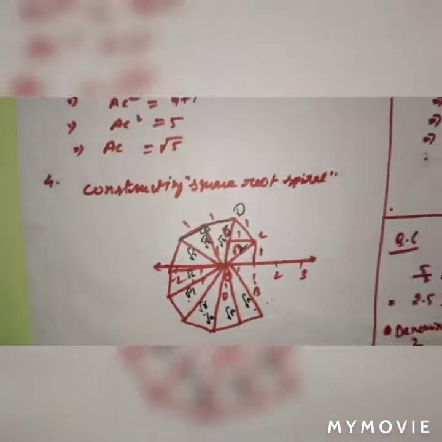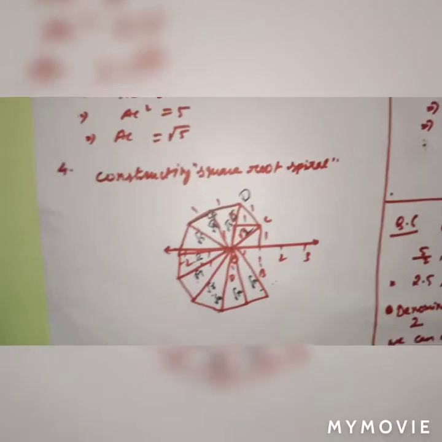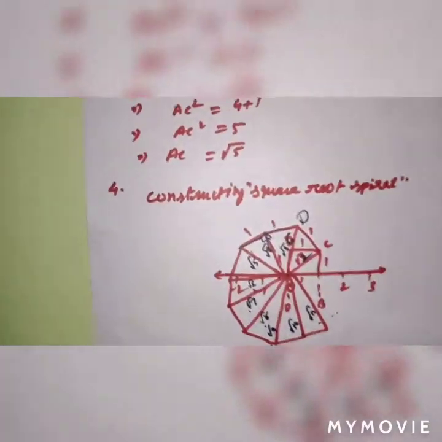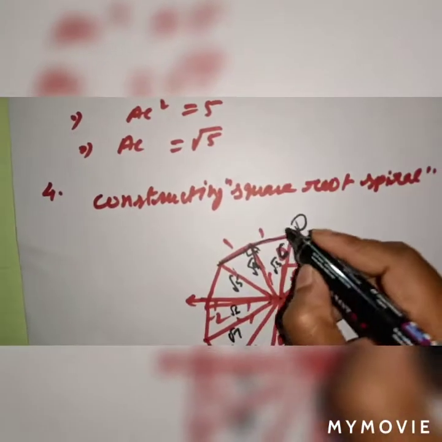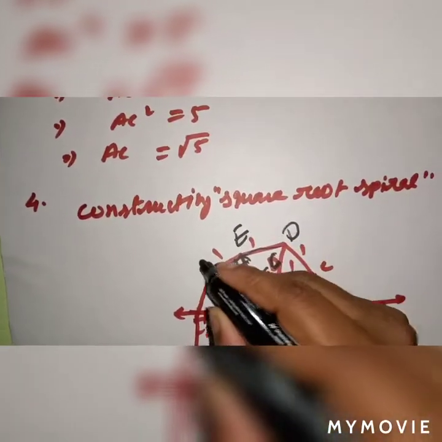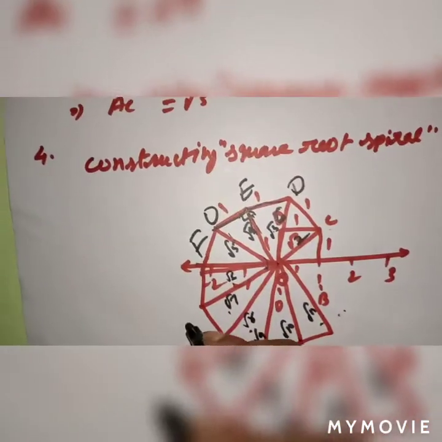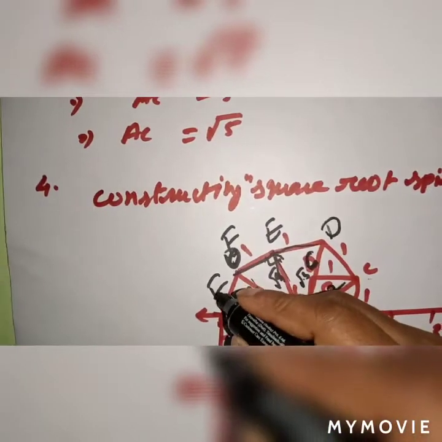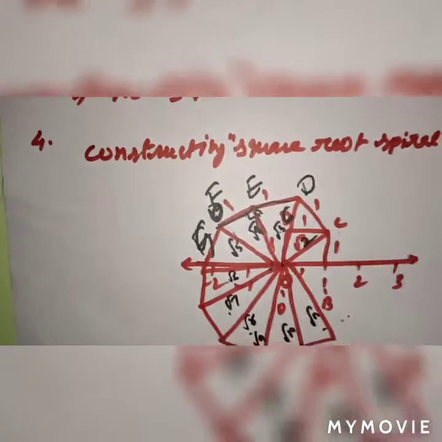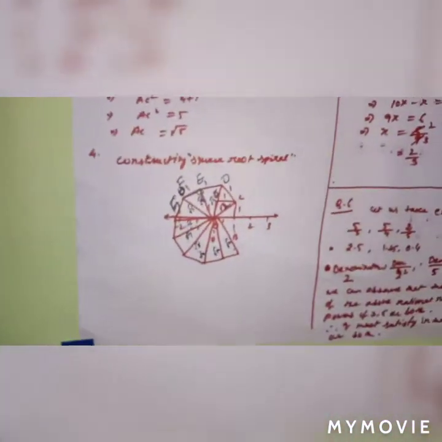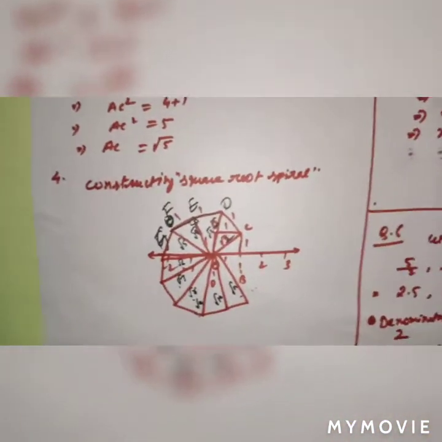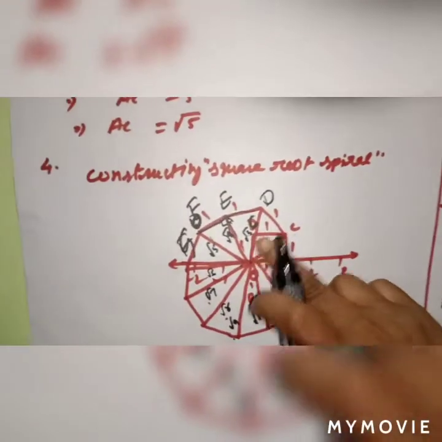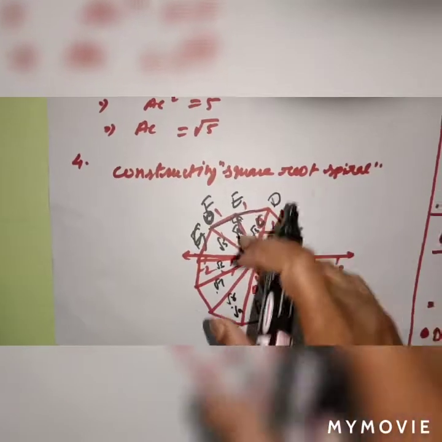Like this, you can draw up to root 7, root 8, and this is a spiral actually. In question number 4, maybe they have given different names. Suppose we are taking here D, E, F, G, anything you can take. But in question number 4, what is given in the book is OP1, OP2, OP3. Means this is fixed, OP1, P2, like that. So this is the main concept.